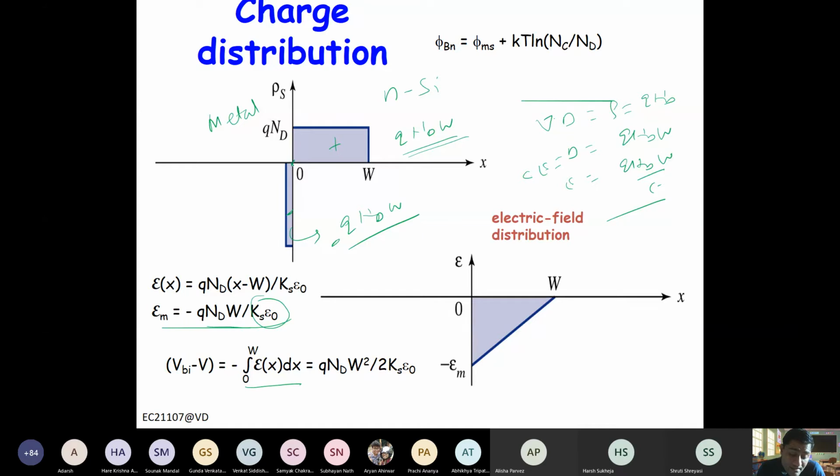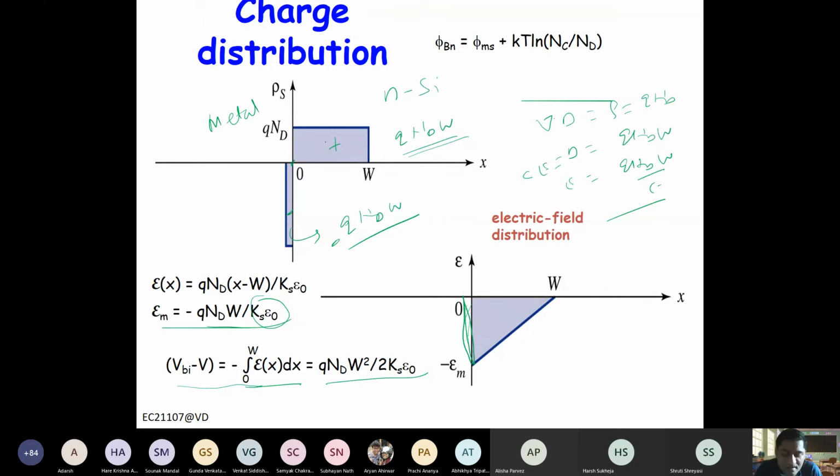Now you notice here, this length is very small, right? So what will happen? This electric field will increase here and quickly decrease here, very quickly. Now this length is so small, this area you can neglect. So for the total area, you can just take the area inside the semiconductor. If you take the area, it will be half width into height, so half W times EM. So you will get an expression like this for the potential barrier. Of course, you can take it as a function of position also, but this is the overall barrier.